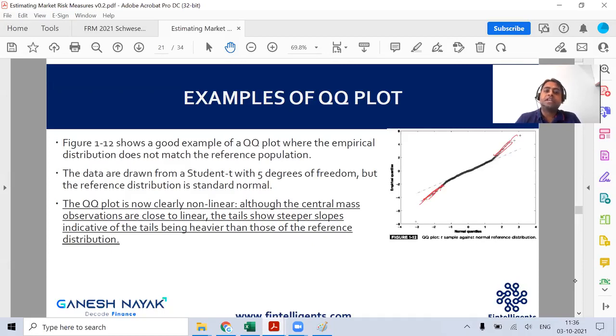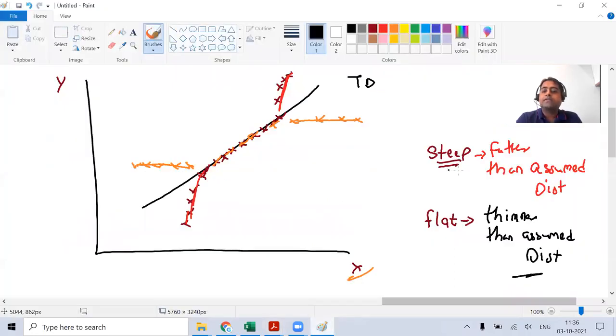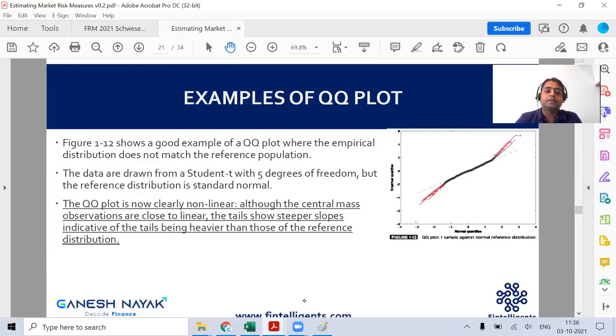I've just asked you to write something. Going back to the example, if it is becoming steeper, then you're fatter than the assumed distribution. Right? Yes, over here, it is fatter on both the sides. Can we see on the negative side and on the positive side? The tails are fatter. Right? Read this paragraph. Shivam, kindly read this section also.